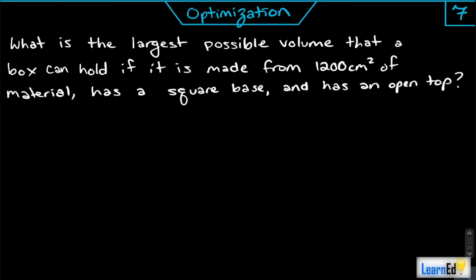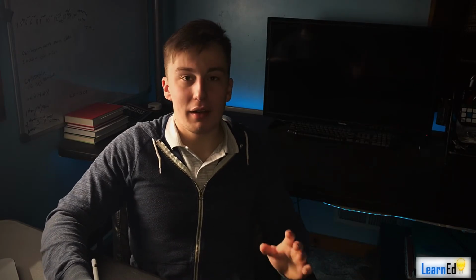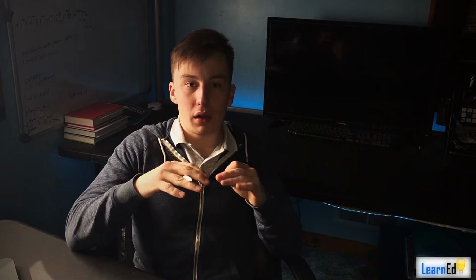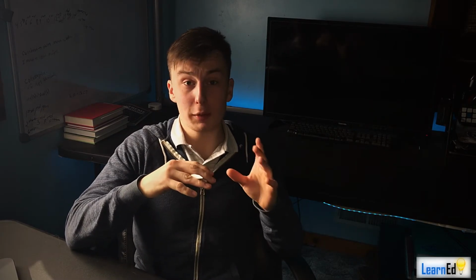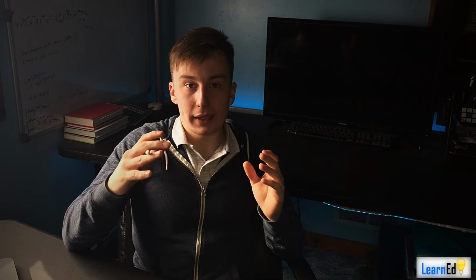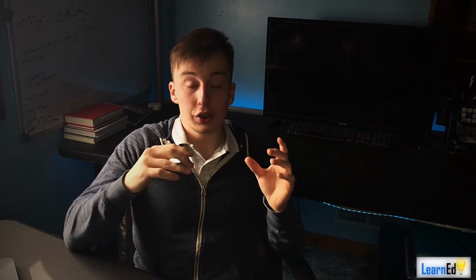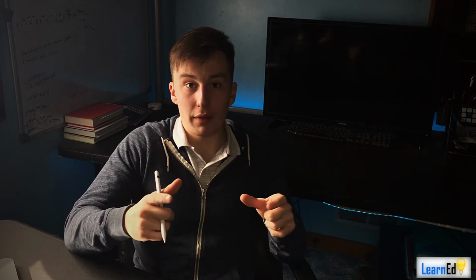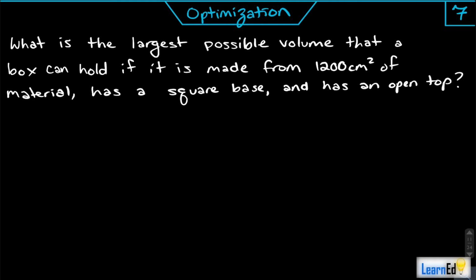Okay, so how do you start off an optimization problem? If you can start this problem, that's honestly the hardest part of an optimization problem. What you need to realize is that for optimization problems in Calc 1, you have a main equation and you have a constraint equation. The constraint equation makes this an optimization problem, and not some geometry problem. The constraint comes in from our 1,200 centimeters squared. So that's a restriction, right? We only have 1,200 centimeters squared to use, or else our answer would be an infinite volume,